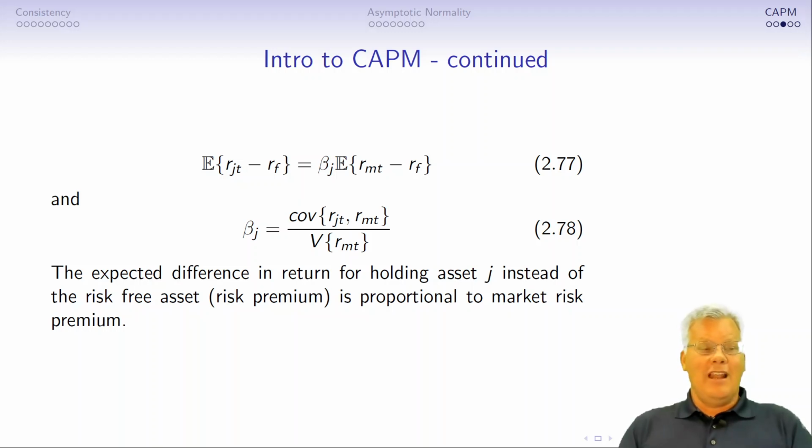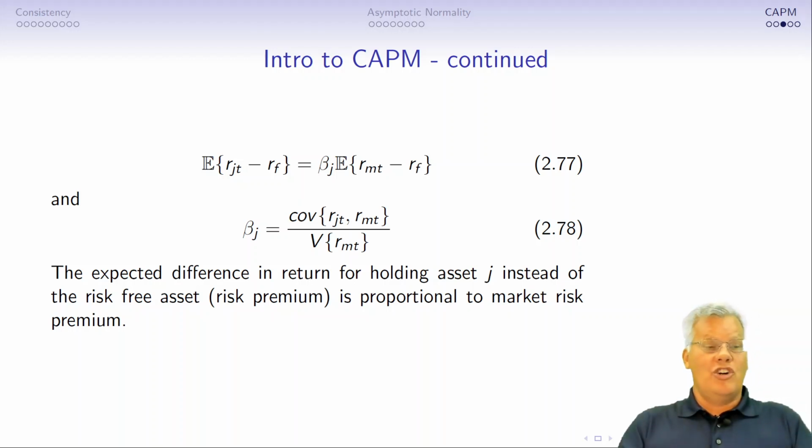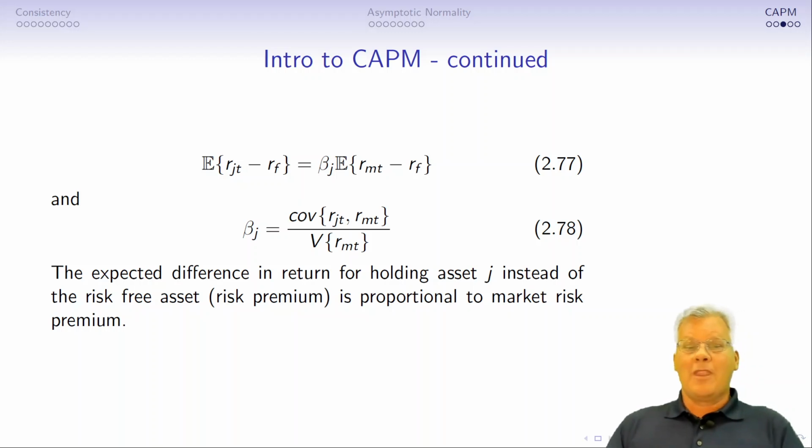So if we think that higher return is good or desirable by investors and risk is bad, you remember that in efficient markets, a higher return is the reward for bearing risk. So you get this trade-off between risk and return. Now,